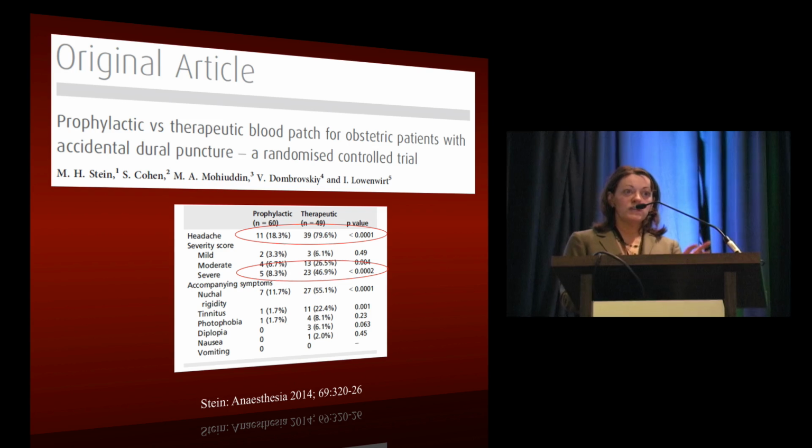Now the difference between those two studies is, in the Stein study, the investigators were not blinded to group, and also their treatment was not protocolized in any way. And so some patients got caffeine, some didn't. They got various different prophylactic treatments. And then these unblinded investigators were also the ones deciding whether or not the patient needed a therapeutic blood patch. And so I think this study is a little bit weak. Does that explain